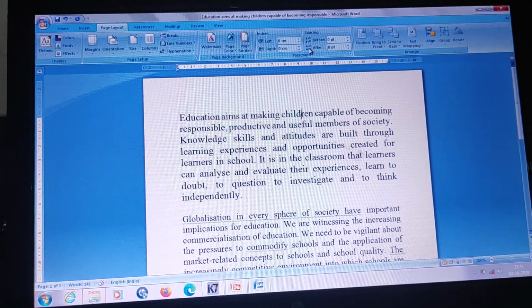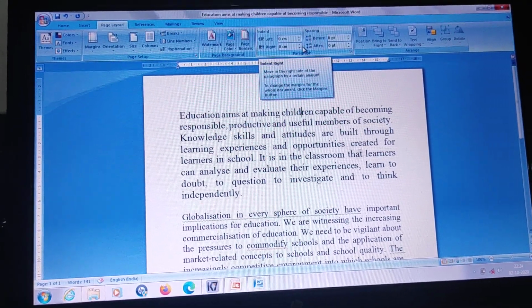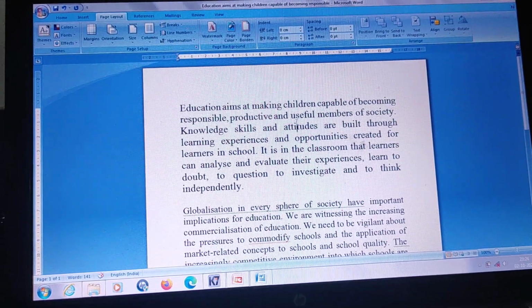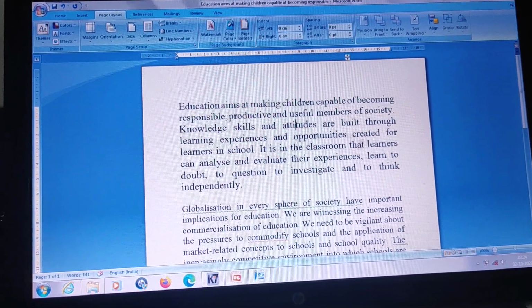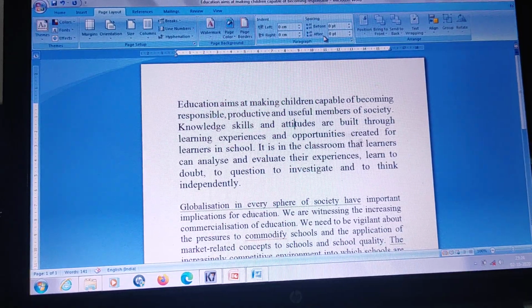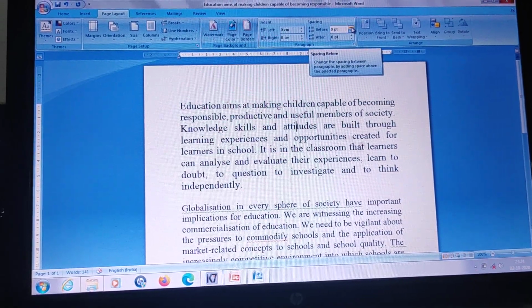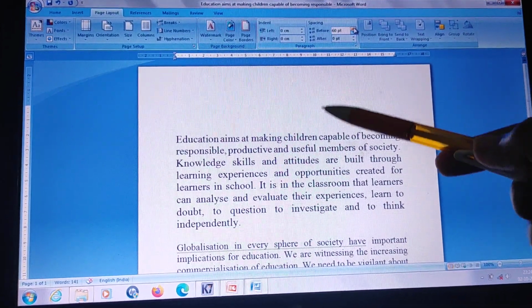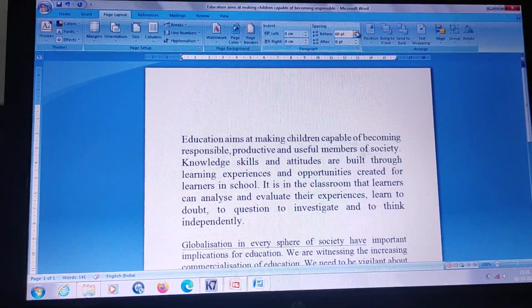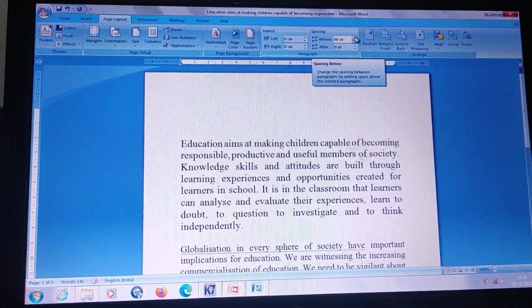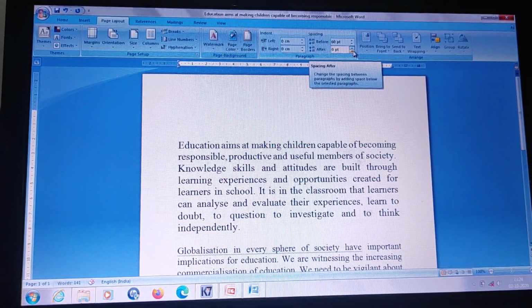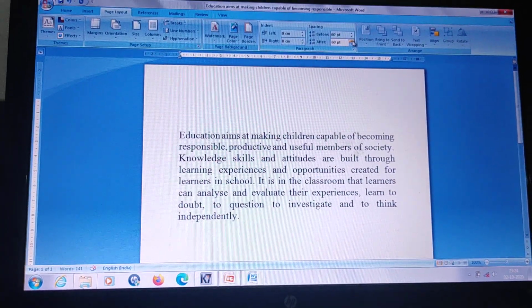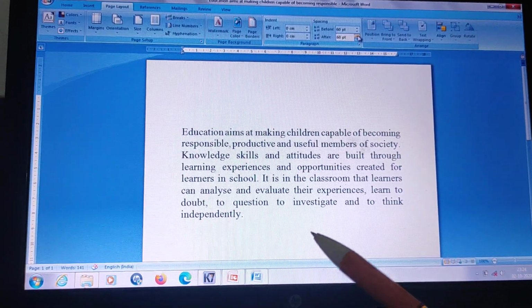After that, click anywhere in the paragraph or select it to set spacing before or after it. Now I click in this paragraph here, and now here the before and after options are there, and here are the points. So we have to increase. Now you can see the space increasing before this paragraph. After that, this one. Now you can see the space also increasing after this paragraph.